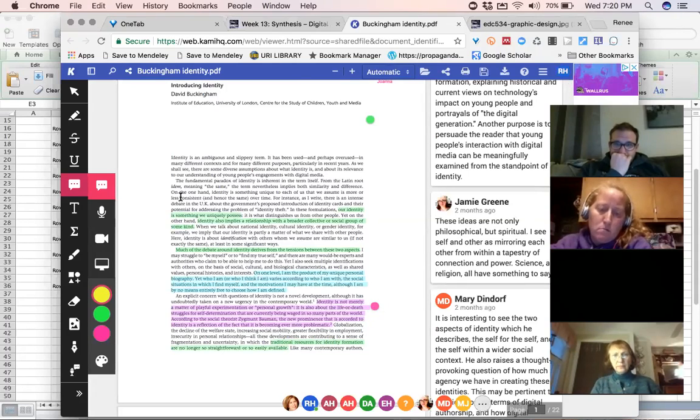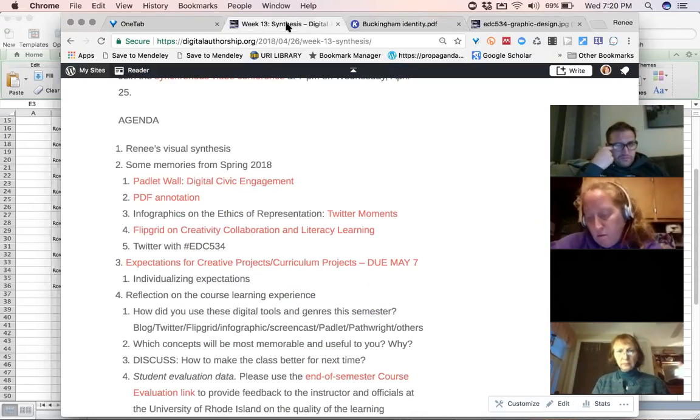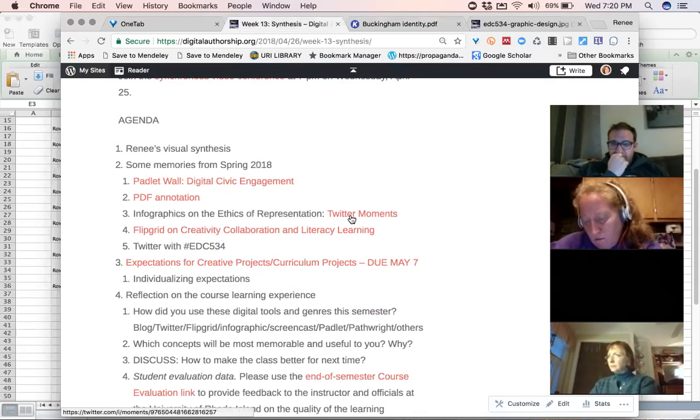Somehow as a community, you came together as a group of readers and writers using this digital annotation tool. I'm not sure why it was so successful, but it was so successful. And that was something I want to reflect more on. Why did that work so well?